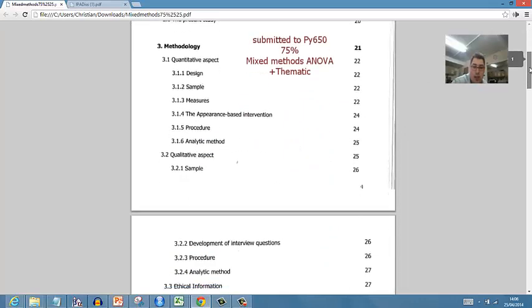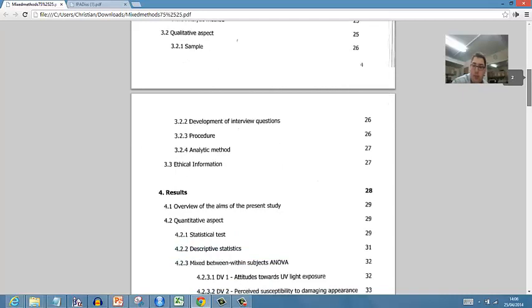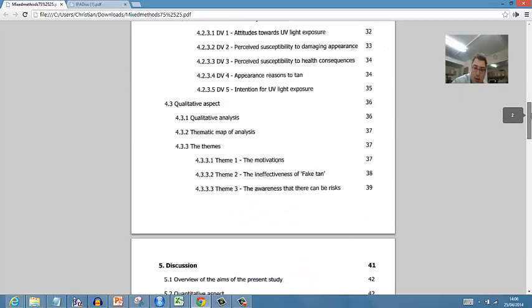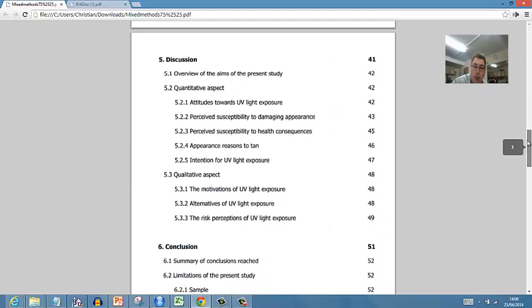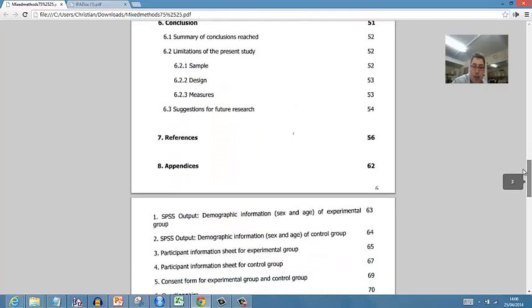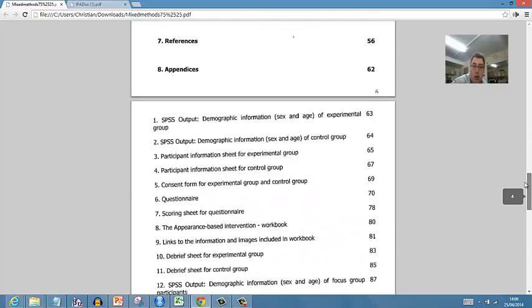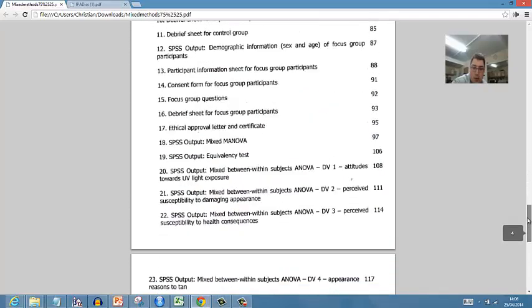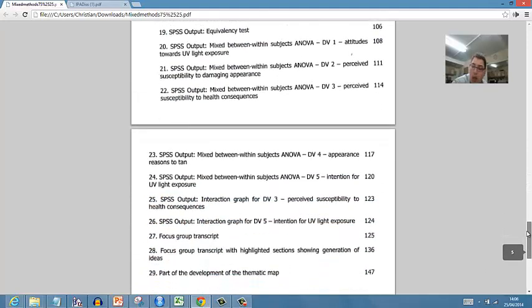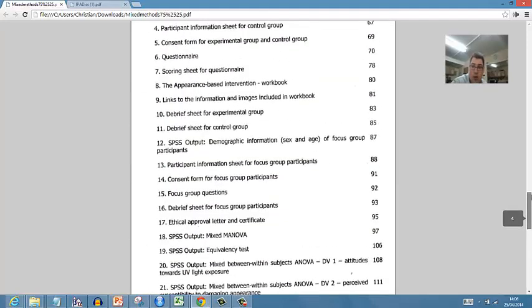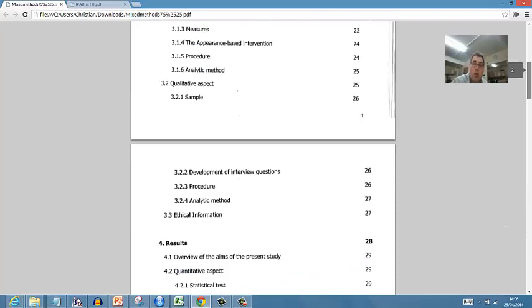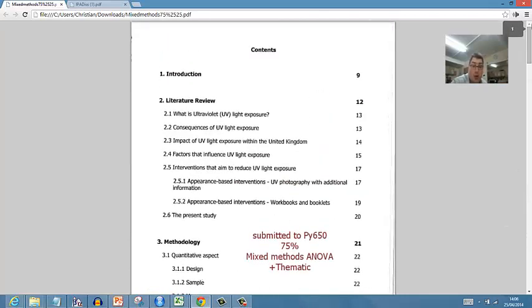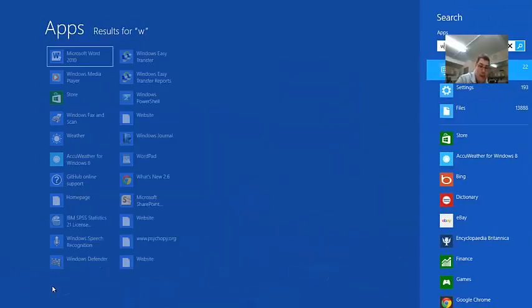Okay, so that was qualitative, and this is a mixed methods dissertation with an ANOVA and a thematic analysis. As you can see, this is quite a longer dissertation. And this, I believe, was done using the feature of Word that I will now demonstrate, where you get it to put together an automatic contents page. So if we go onto Word,